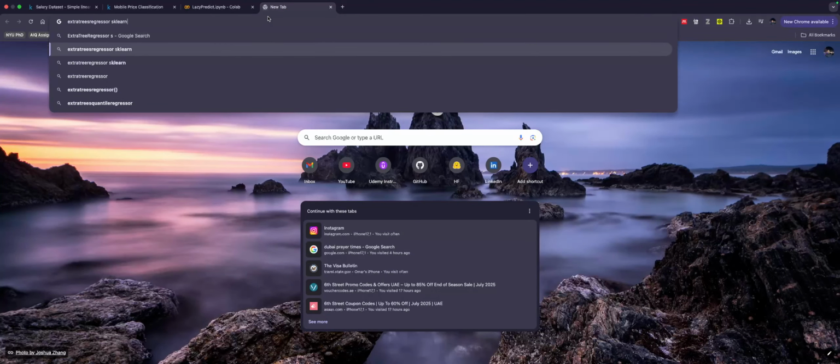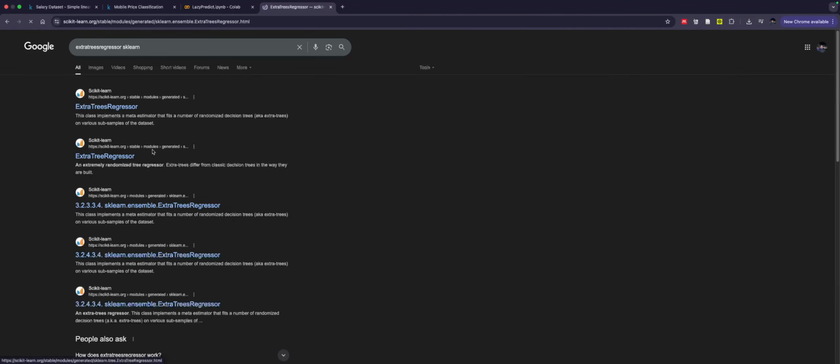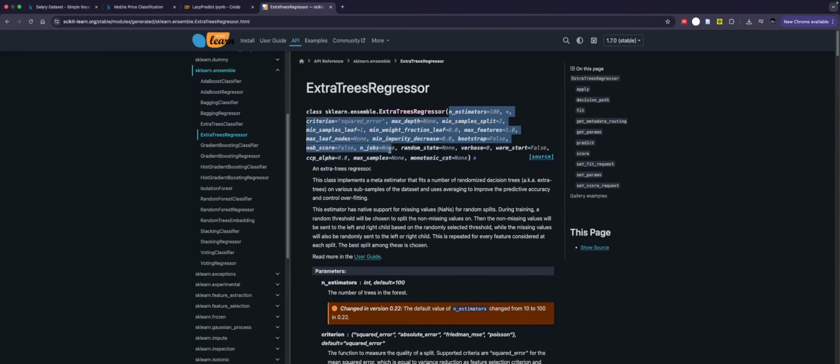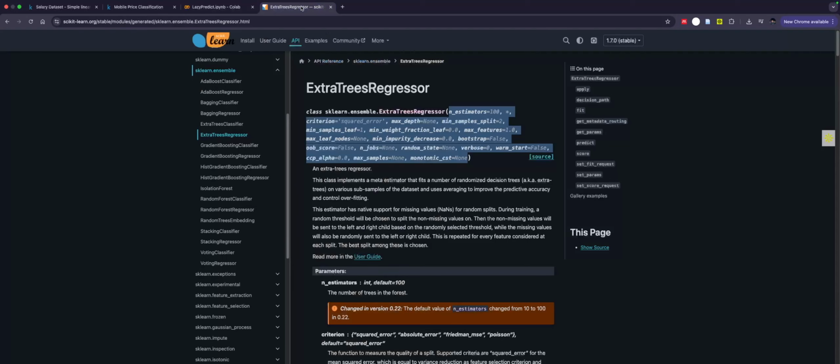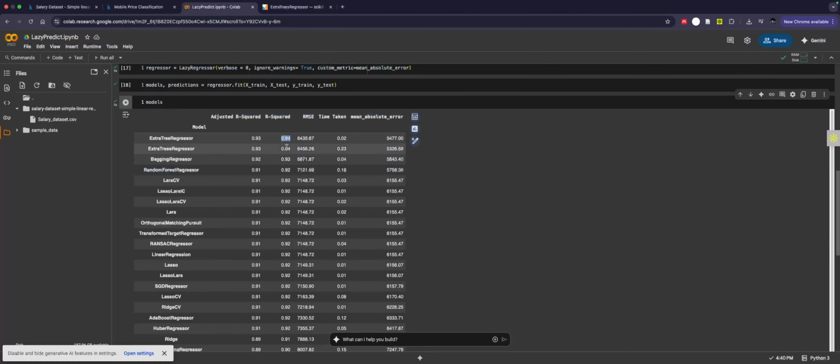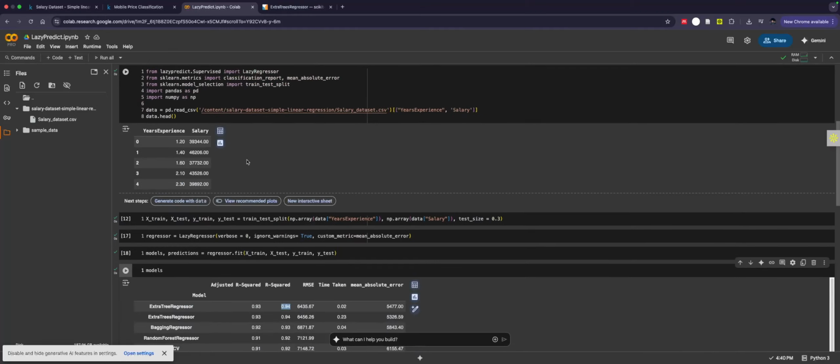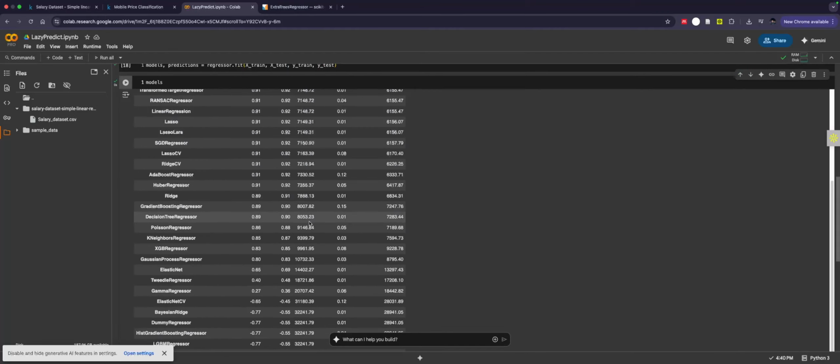So let's say extra tree regressor. If we go to extra tree regressor, just as an example, it uses these default parameters. It doesn't change anything in them. So what you can do is, let's say I'm going to use extra tree regressor, which achieved 94% of R squared, and maybe I'll edit a little bit here to get better accuracy, if I can increase it more. Of course, this accuracy could have been better if we went through some data pre-processing,